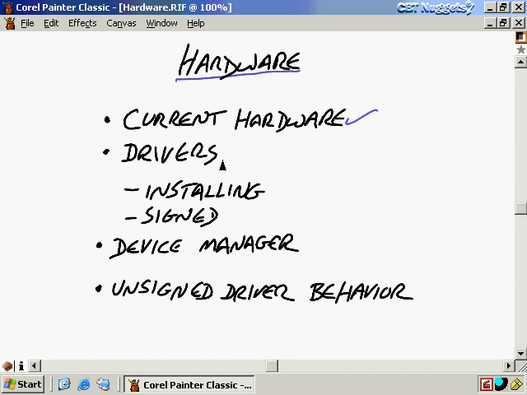Then we took a look at drivers, and of course when you install a device, you also have to install a driver for that device. Now remember that if you're a generic user, a domain user, you can install a device as long as the driver is signed and already on the hard drive and as long as it doesn't require any configuration on your part. Then we also took a look at what a signed driver is and how important they are